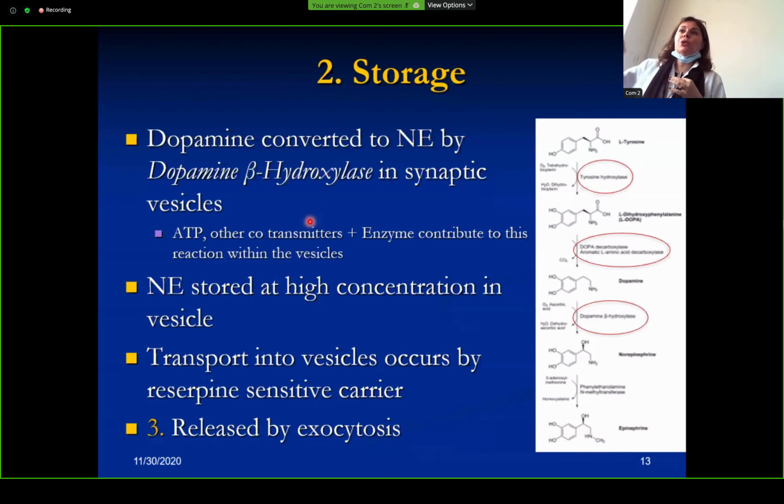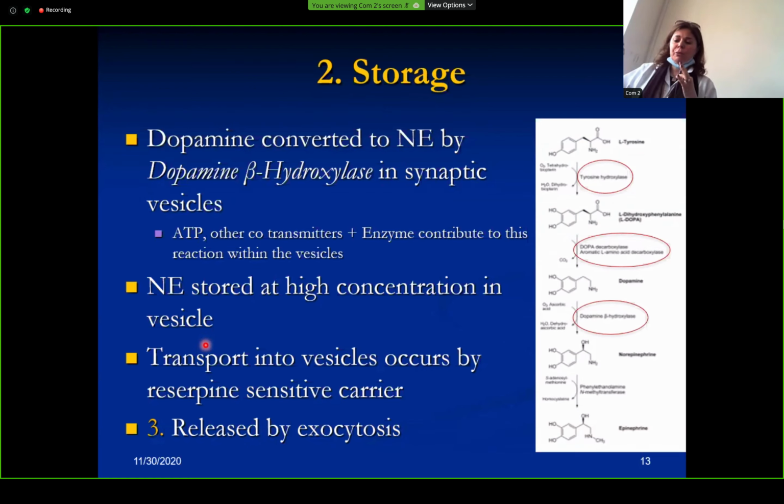And it's not like that. Usually co-transmitters go along with other neurotransmitters, okay? We call them co-transmitters. Enzymes contribute to this reaction within the vesicle. So inside the vesicle is not only just converting dopamine with the presence of dopamine beta hydroxylase. Remember that inside the storage we have other components, which you will know later on. I don't know how important it is later on, but you have to remember the concept, not the details. It's stored at high concentration, so we have a lot of norepinephrine in the storage,